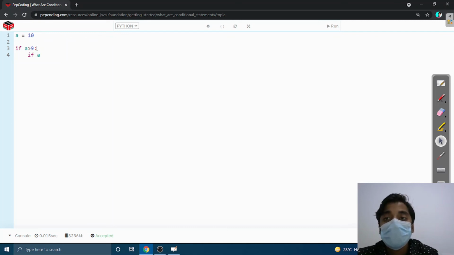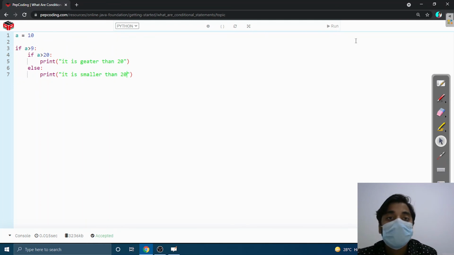If a is greater than 20, print "it is greater than 20", else print "it is smaller than 20".